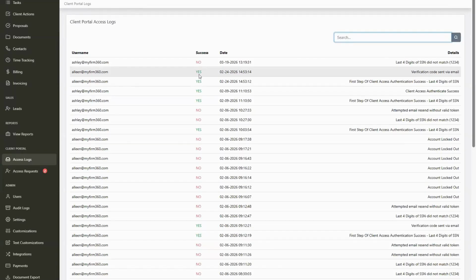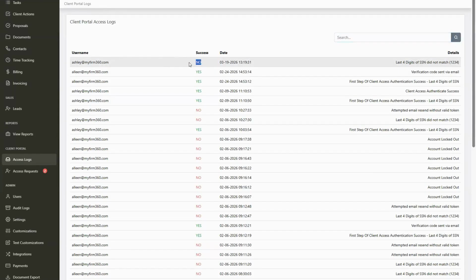If a client can't access the portal, here are common causes to check. The contact might not be set up properly. They could be missing key required information. You'll see here in this first attempt that says the success was unsuccessful, our logs give the detail that the last four digits of the social security number did not match this